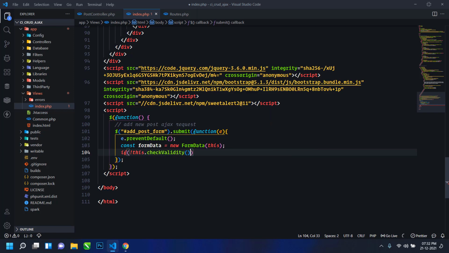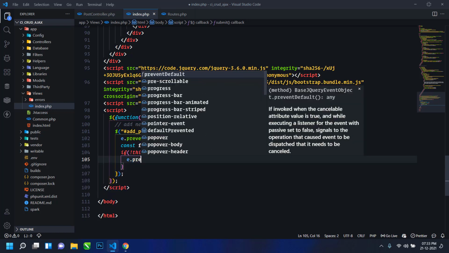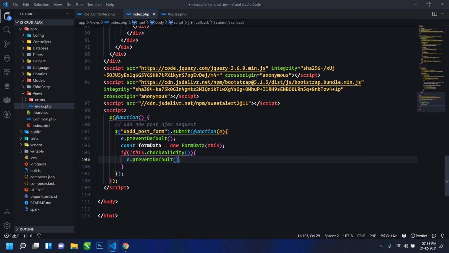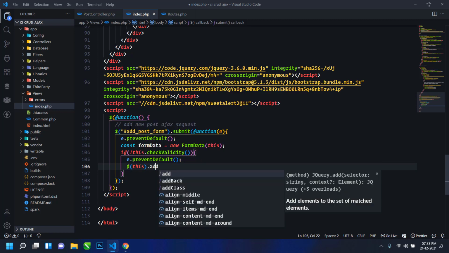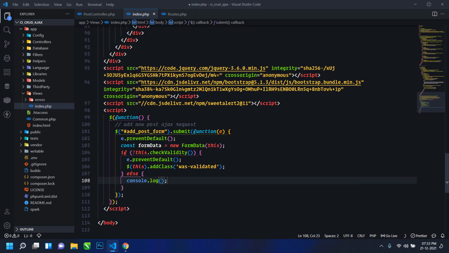Now this method will check the HTML5 validation. So if validation fails, then here I will use e.preventDefault, and then we will use this.addClass, add class was-validated. In the else part, let me just display some message like valid.